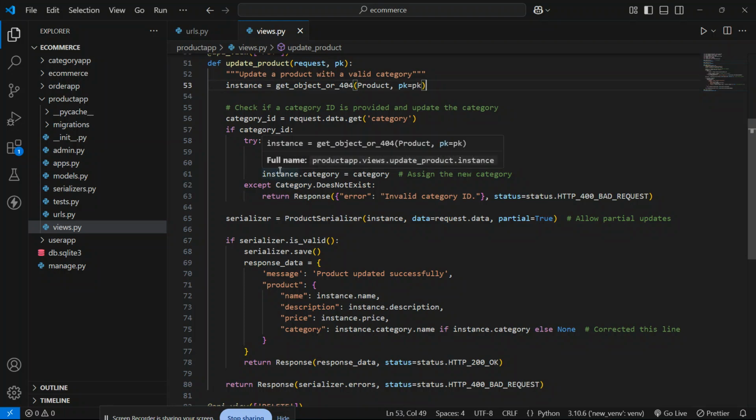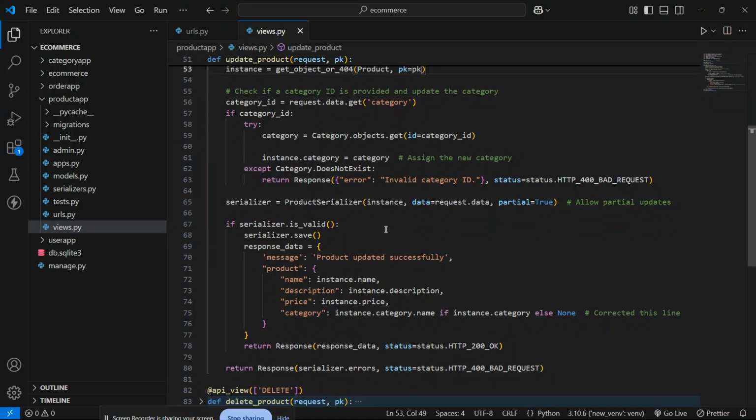And instance dot category equals category, it will assign a new category. Except, and if it is an exception, then it will return an error message that invalid category id. If the category id is not present, it will show you this error message.